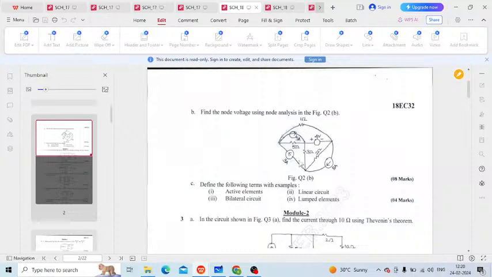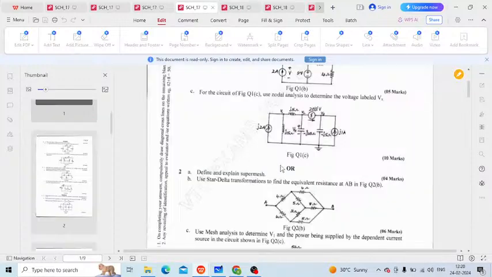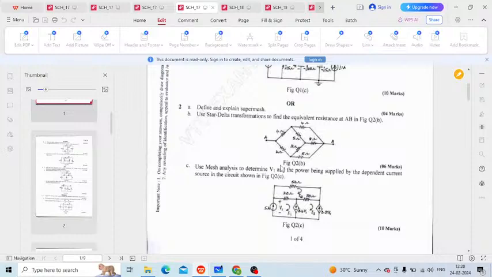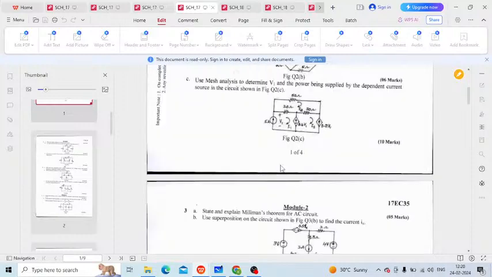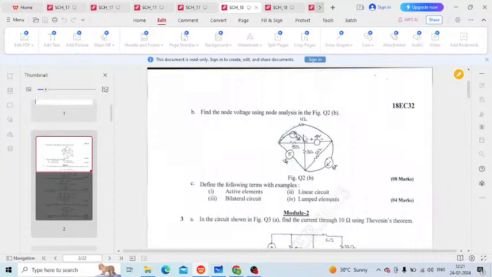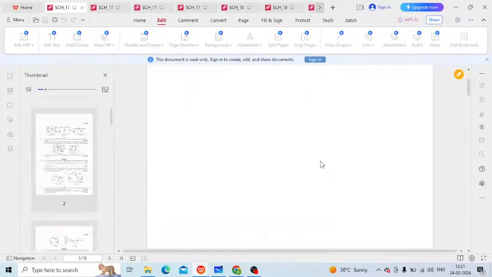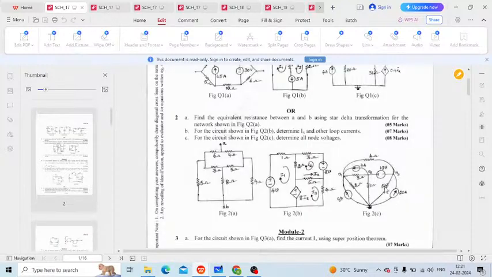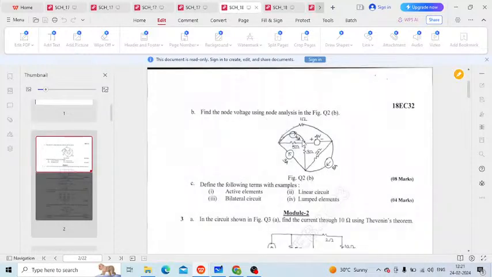see. So find the node voltage using nodal analysis in the figure, question number 2b. So this is: find the node voltage using nodal analysis in the figure, question number 2b. Just a minute, I'm sorry for the distraction. Is there any other question out here? No. Okay. So here you got one question. So what is the difference between these two questions? In this question you can see,